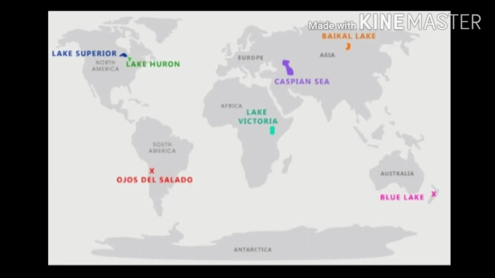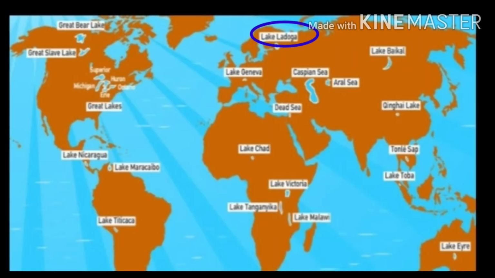Now, if you see the freshwater lakes, Lake Superior in North America is the biggest freshwater lake. Lake Baikal in Asia holds the maximum water. Then Lake Ladoga in Europe is the largest lake in Europe. Some of the highest lakes are in the Andes Mountains of South America, and the name of the lake is Lake